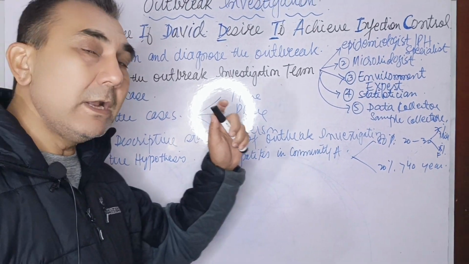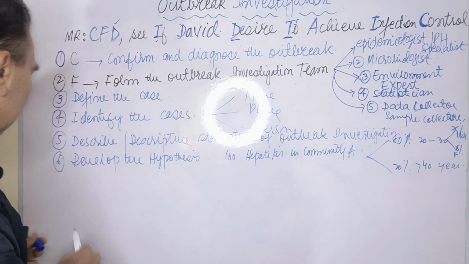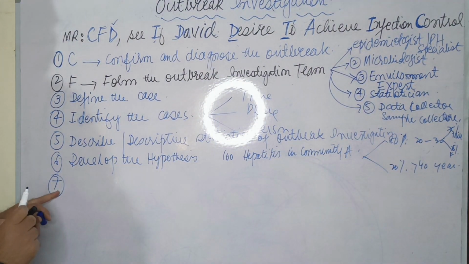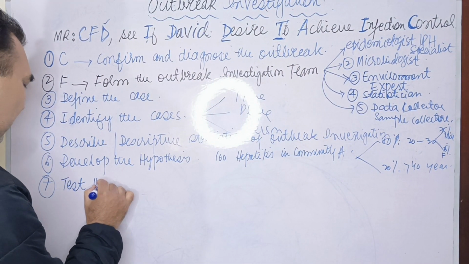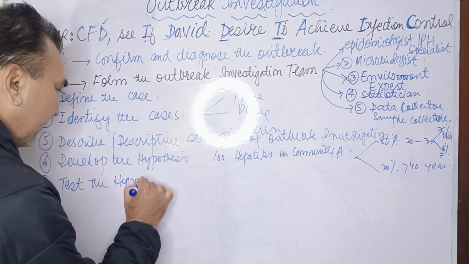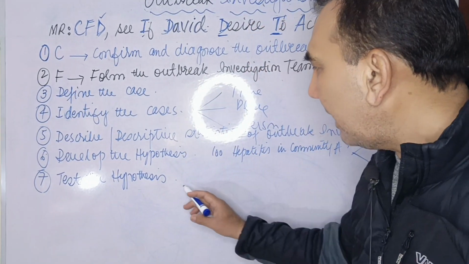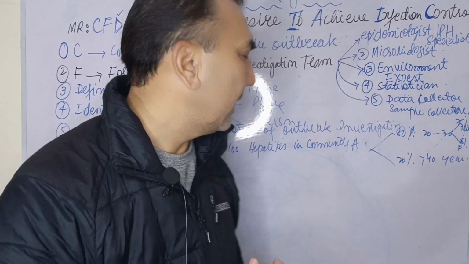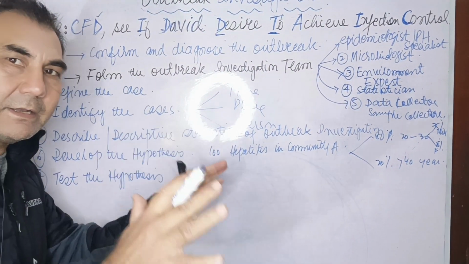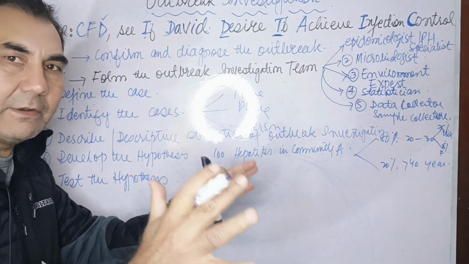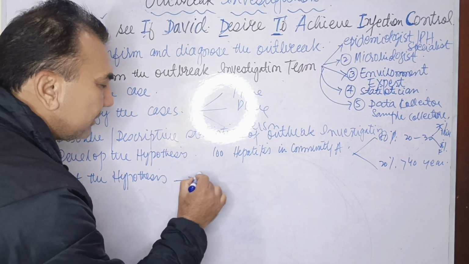So when you develop the hypothesis in your mind, definitely you will go to test this hypothesis. Of the seven steps, the T is to test the hypothesis. In descriptive statistics, you just collect the numbers or gather the information, and you develop the hypothesis. Now for the test of the hypothesis, definitely you will